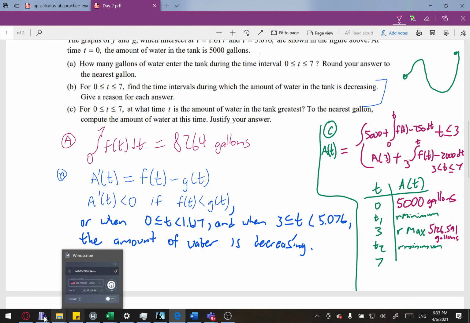Okay, based on our candidates test, when is the amount of water the greatest? Okay, at t equals 3. Write something like, the amount of water is greatest